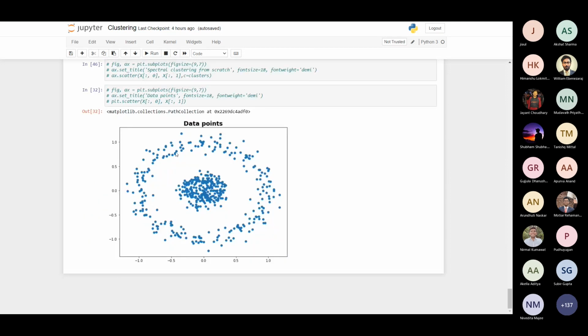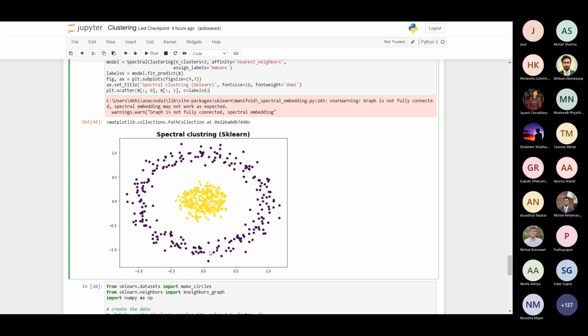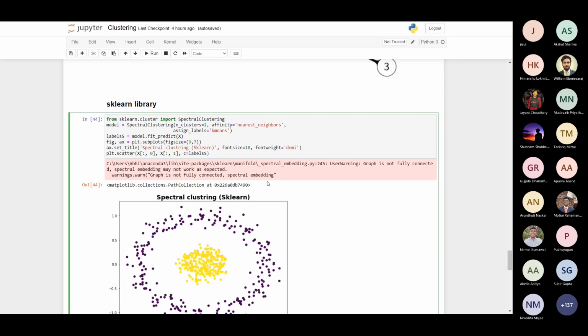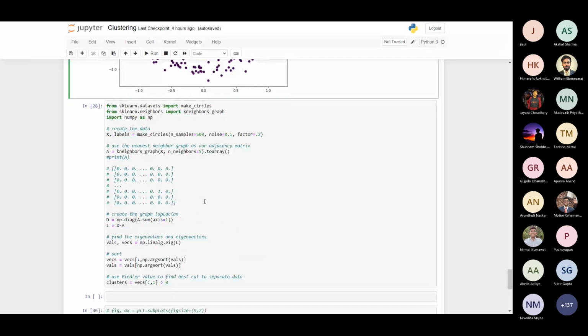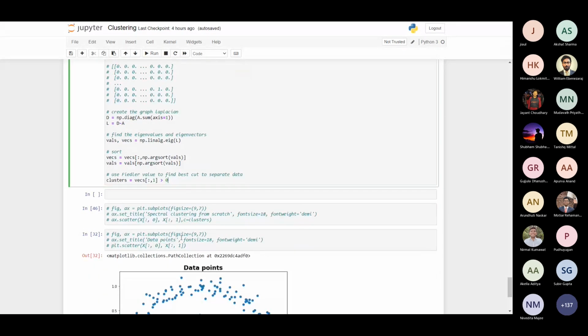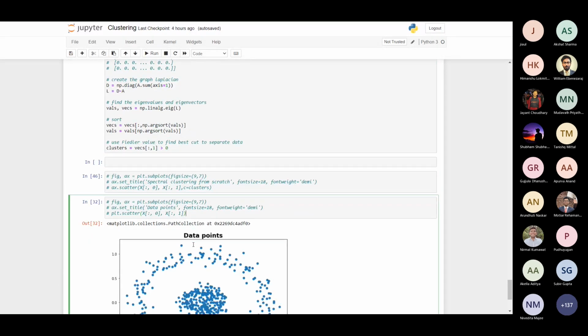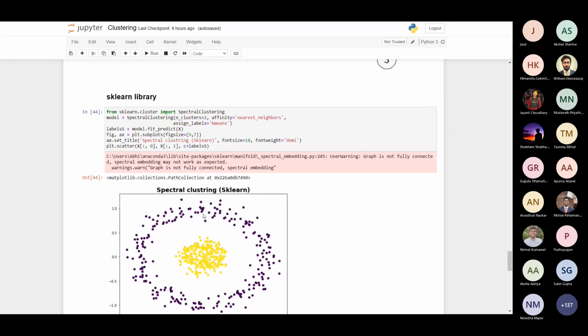So this is how spectral clustering is working. This is our original data, and after spectral clustering we are getting this. There are two clusters that we form. This one is the nearest neighbor points, and this is the other nearest neighbor points. So this is how spectral clustering works with the help of the scikit-learn library I used. Here it is not complete, I am doing it manually. I will complete it and upload it. So this is the thing I had to present in this lab. If you have any questions you can ask.